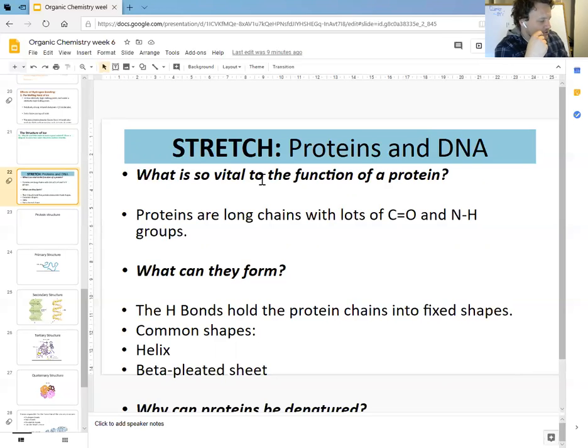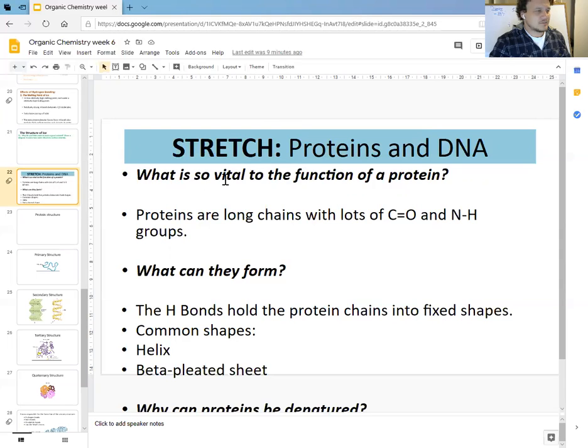So, the structure of a protein, the 3D structure, is the most vital thing to its function. Most genetic and inherited diseases are caused by proteins that don't fold properly because the genetic basis is incorrect. An example is something like sickle cell anemia, where the red blood cells don't form properly. And that's because the proteins that make up the red blood cells, namely hemoglobin, don't fold correctly because they are